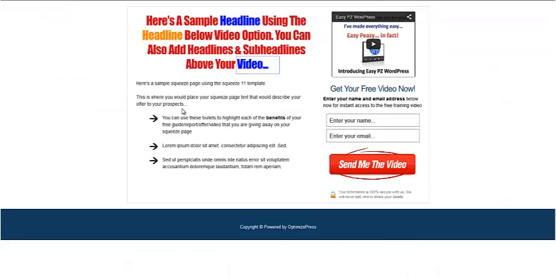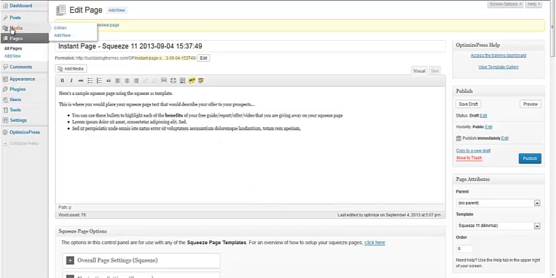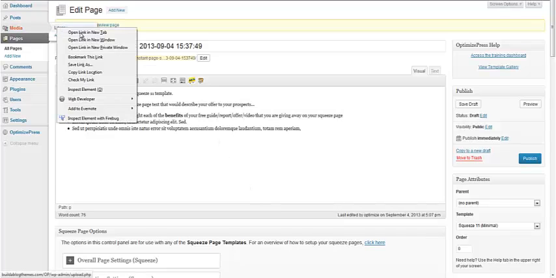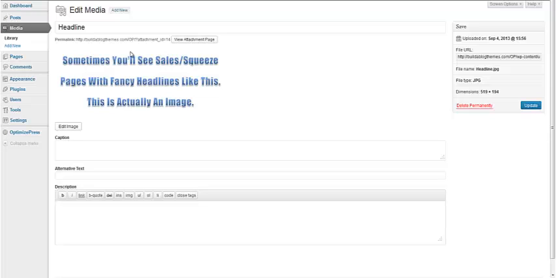One of the other things that we can do, and you see this occasionally, is if you don't want to actually use this text but you want to create your own text in the form of an image, you can simply add that by adding the image into your media library in the normal way. I've just prepared one here, so you'll see this is just a text image created in Word with word art and taken as a screen capture to make a JPEG. You basically just need to copy